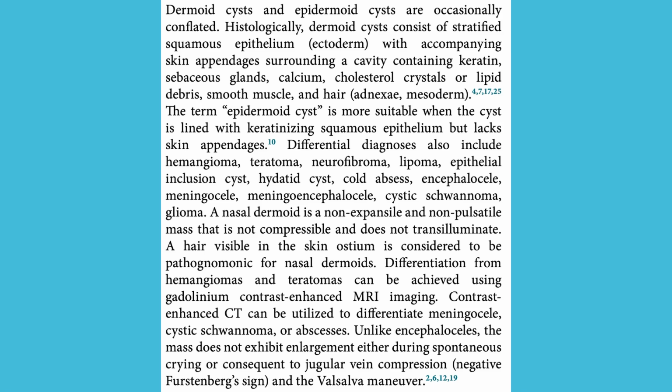The term epidermoid cyst is more suitable when the cyst is lined with keratinizing squamous epithelium but lacks skin appendages. Differential diagnoses also include hemangioma, teratoma, neurofibroma, lipoma, epithelial inclusion cyst, hydatid cyst, cold abscess, encephalocele, meningocele, meningoencephalocele,